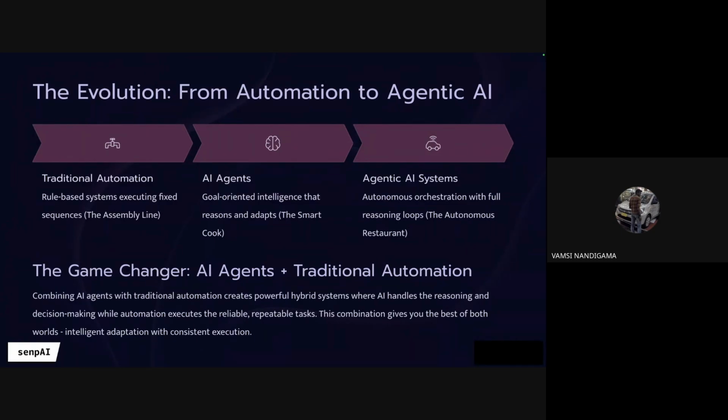So again, in my experience, I found that the transition from traditional automation or AI agents to agentic AI takes time. So is there a way to transition from AI agents to an agentic AI system? Let's say half of my tasks are AI agents, 25% of my tasks are using traditional automation, normal pipelines and all, and another 25% is agentic AI systems. So what kind of challenges will I be facing if I want to transition from traditional to agentic?